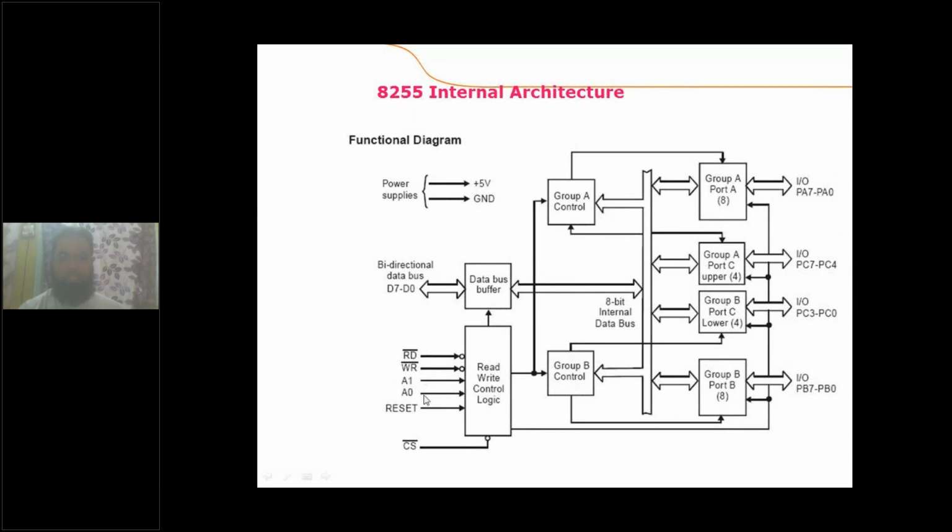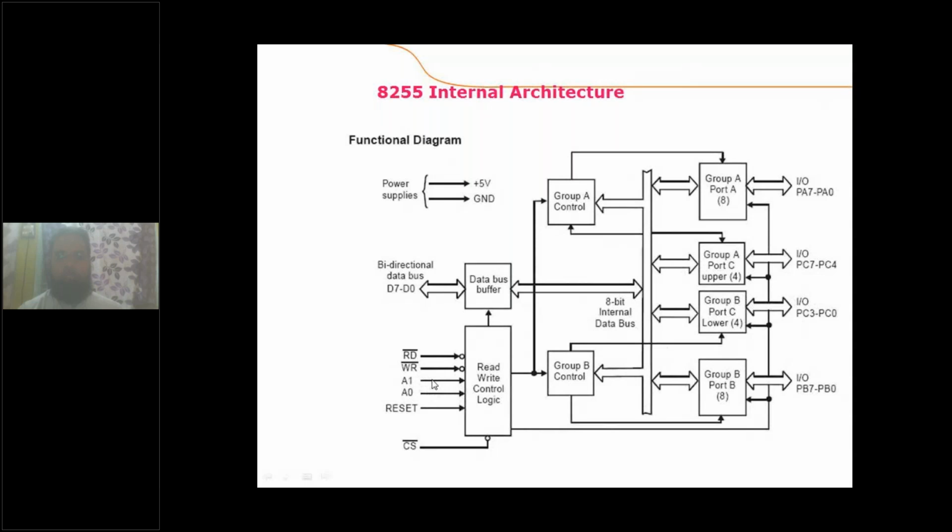And these are the two address lines. What are these two address lines? These are the two address lines which select whether port A is to be used, or port B is to be used, or port C is to be used. If the A0 and A1 combination is 00, then the 8086 processor is using port A. If this combination is 01, the processor is using port B. If this combination is 10, the processor is using port C. If this combination is 11,